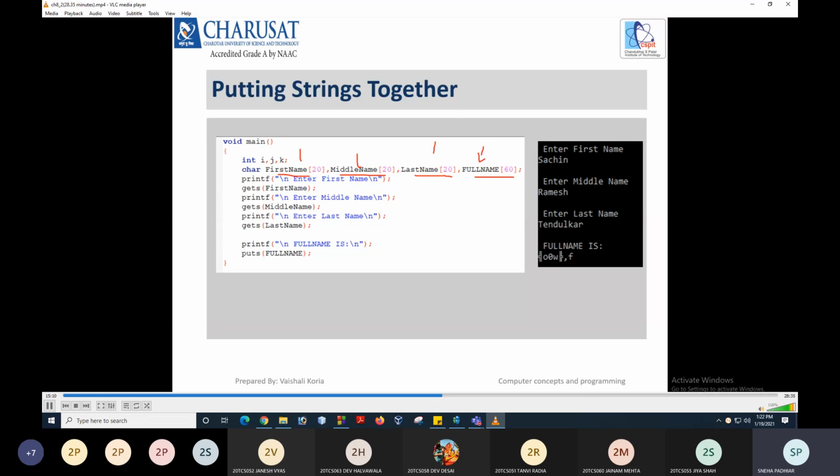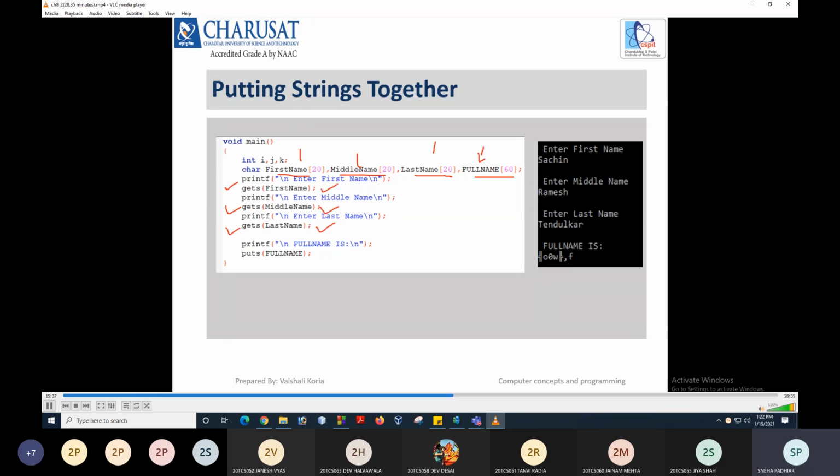This full name character array size should be able to accommodate all the characters of these three strings. Okay, so the maximum size of the full name is 60. Right, now next is to take the input from the user. Right, so here the gets function is used to take the values of the first name, middle name and last name.